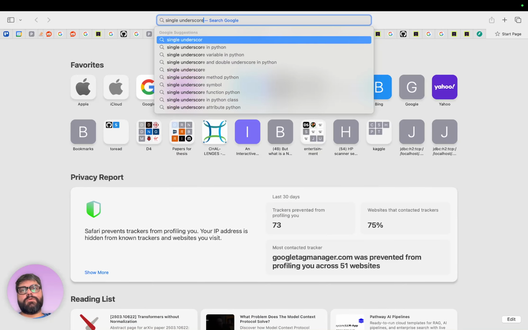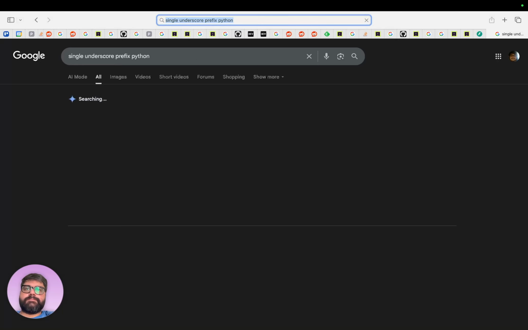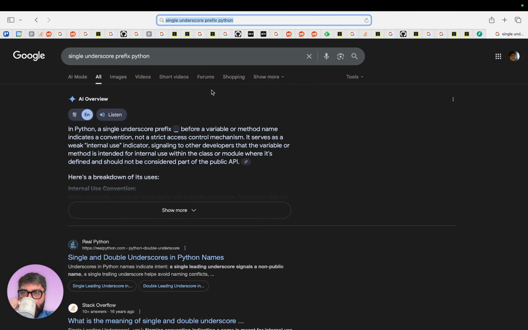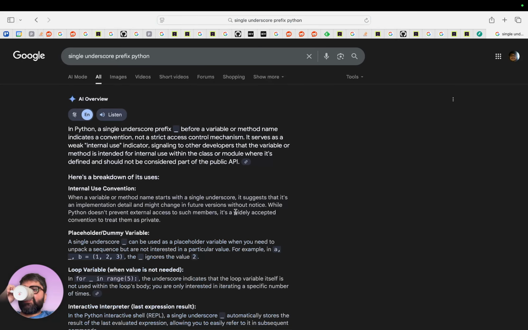Single underscore prefix Python. Okay. That's what I remember single underscore prefix being. Basically, it's a convention because there's no strong way to deny this in Python.